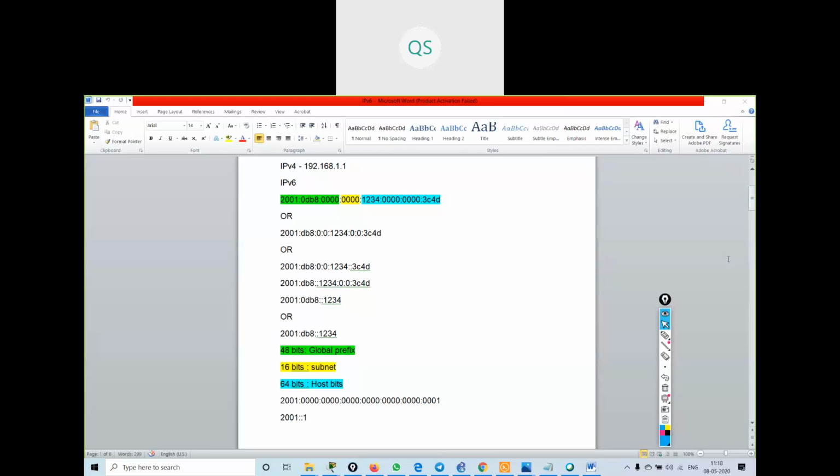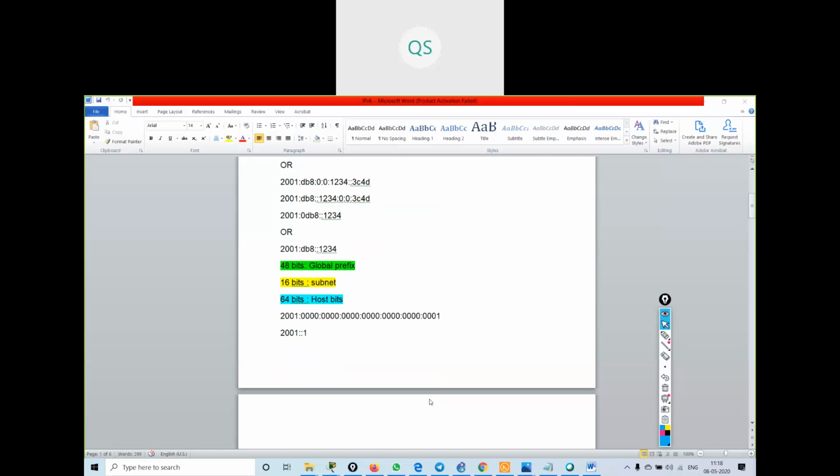The next 16 bits are my subnets. The last 64 bits are my host bits. Understood? So in this way my IPv6 address is divided.